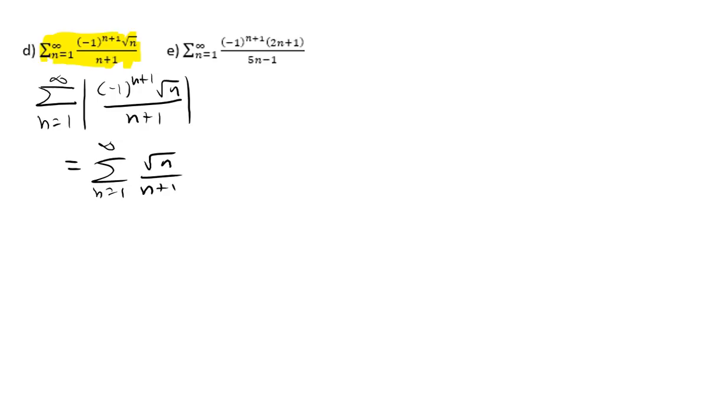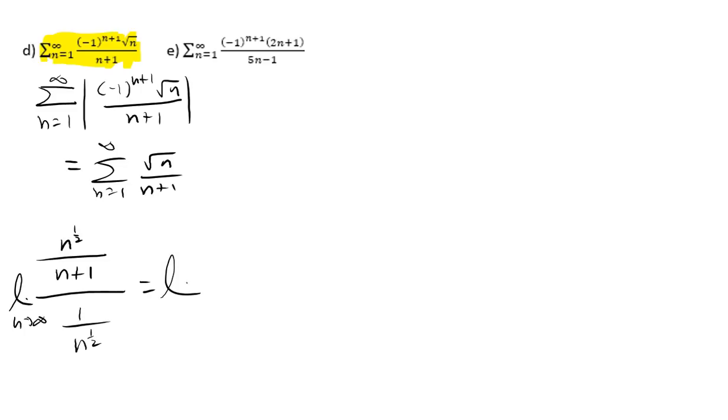And this one is like n to the 1/2 over n plus 1. That's very similar to 1 over n to the 1/2, right? Because this is dominated by n, so it's really n to the 1/2 over n. If you cancel the n to the 1/2 on top, you end up with n to the 1/2 on the bottom. So these two are very similar, and since this limit as n goes to